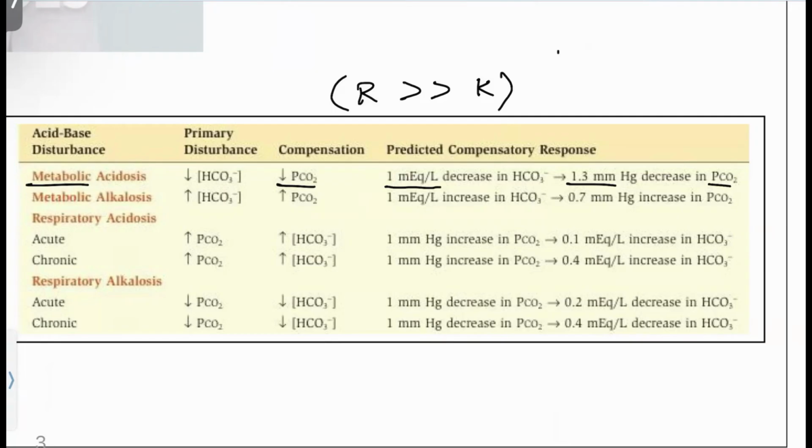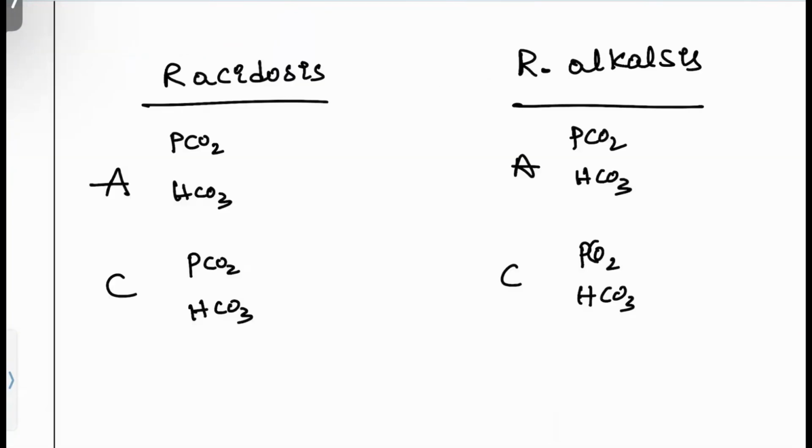So here the examiner is trying to say that for 1 milliequivalent decrease, it is going to decrease by 1.3 mmHg. So 1.3 mmHg of the compensation will be done by the respiratory side. Same with the alkalosis, 1 milliequivalent of HCO3 increase is going to come with a 0.7 mmHg PCO2 increase. So coming to the respiratory side, see for the respiratory acidosis, for the 1 PCO2 decrease, your